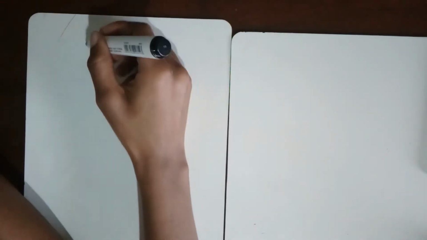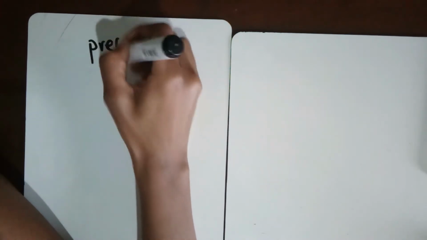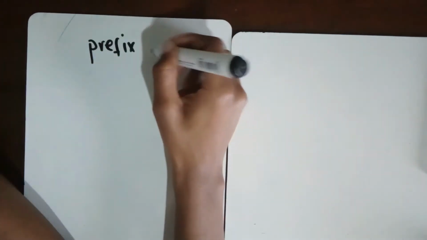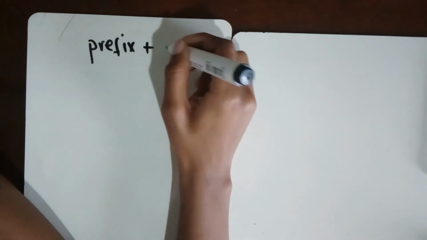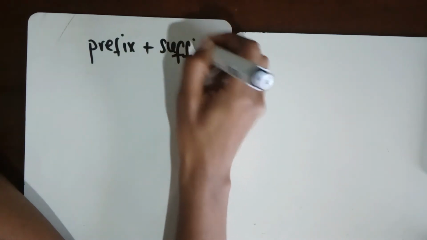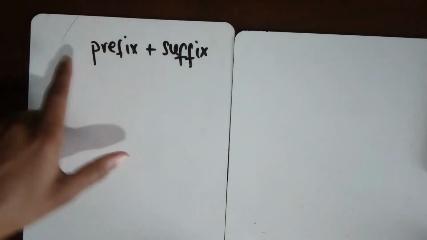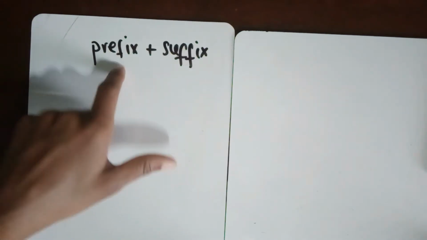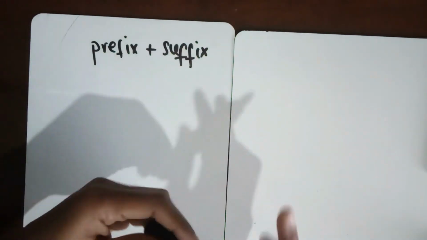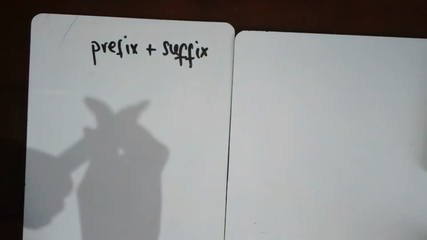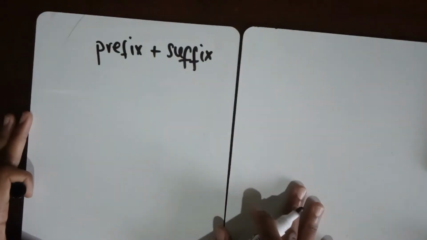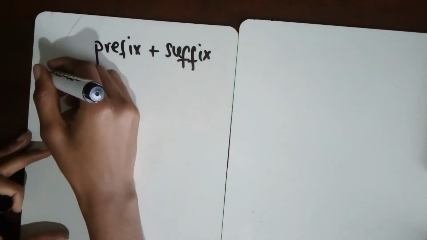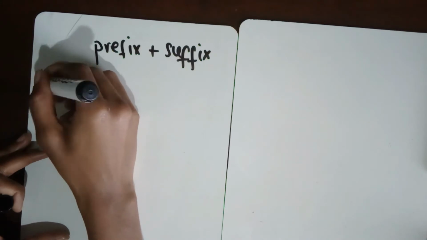We use what I'll refer to as a prefix as well as a suffix. How do we determine what the prefix is and what the suffix is? Let us start by drawing a table, and in this column we have